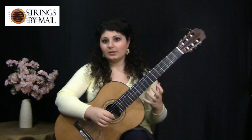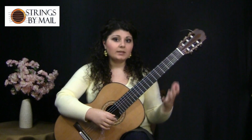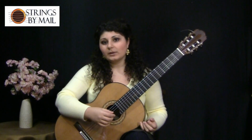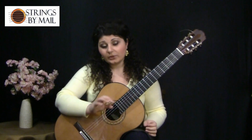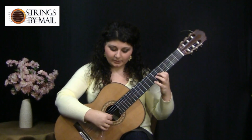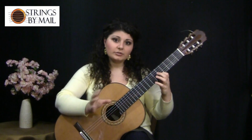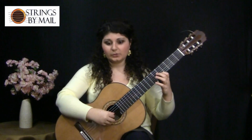So once you master legato, which is probably one of the harder ones to master, the opposite of it is staccato. Staccato is usually marked in a score with dots or with the word staccato written under a passage. To play staccato, you play a note and you cut it off and mute it and introduce a silence between that note and the next one. So